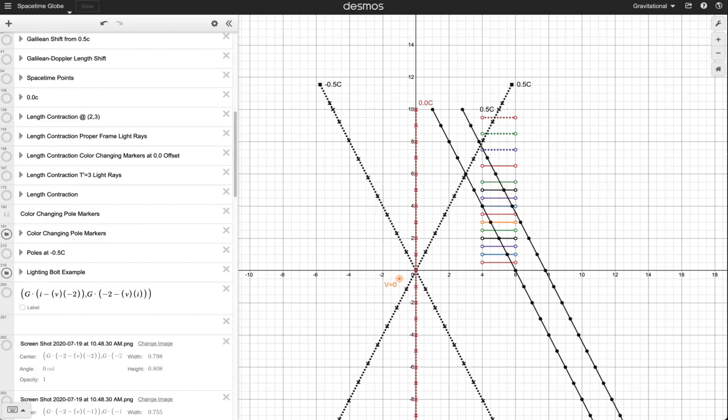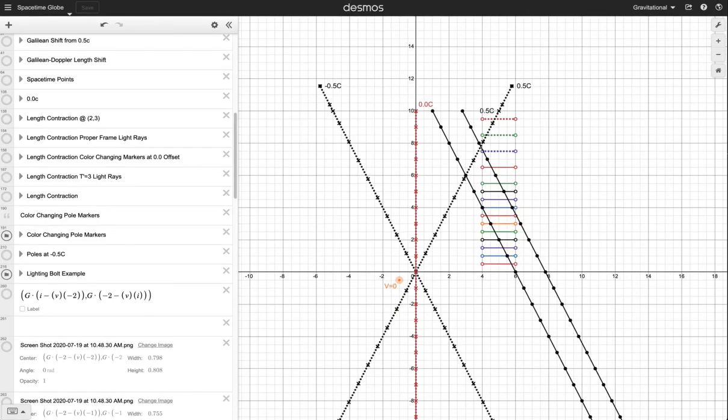The pole and barn thought experiment. In the pole and barn thought experiment, you have a pole of a certain length. In this case, it's represented by these lines in this space-time globe. So this is time going up and down and x going left and right. So the pole exists in time